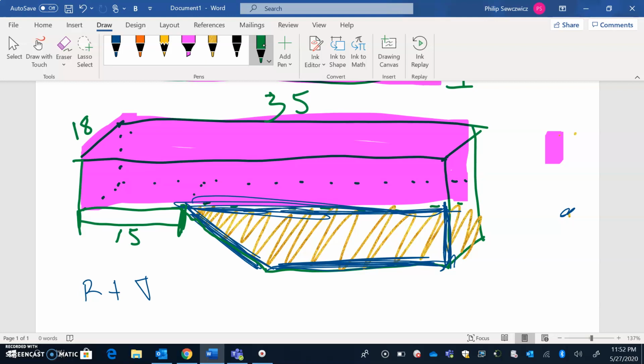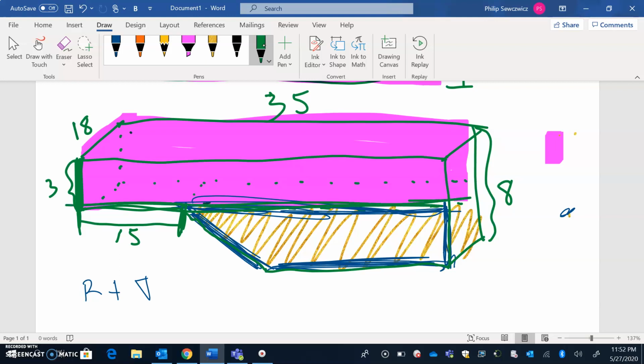The height of the entire depth of the pool is 8 feet, and in the shallow end it is 3 feet. So if I just start with my rectangular prism here, I can see that it's 3 tall. It's 35 all the way across, and it's going 18 back. So I'm going to do the area of the base and multiply it times the height, because that's my volume